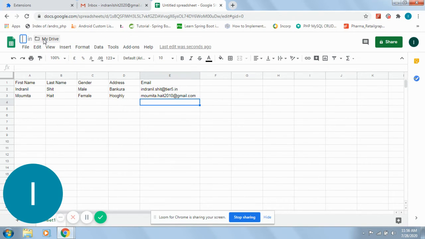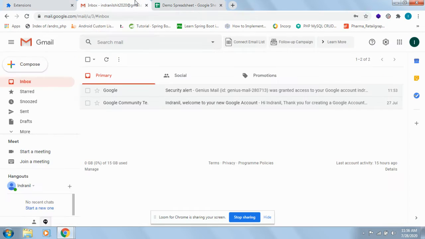Give the name of the spreadsheet, suppose it's a demo spreadsheet. Okay, so we have successfully created one spreadsheet here.